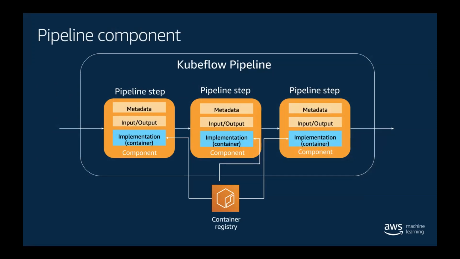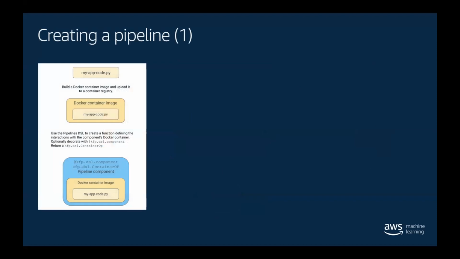So here you can see the steps, and each step is made of a component. And as I just said, the components are implemented as containers. You have inputs and outputs, and you obviously have some metadata describing the step. And then you can basically line up those components, those pipeline steps, in the right order, and this creates your Kubeflow pipeline. So the individual steps, and then we jump into just a quick demo here,